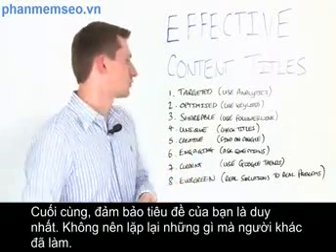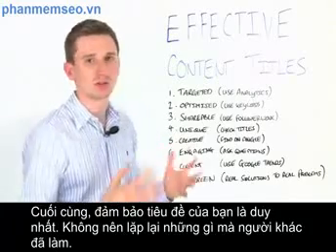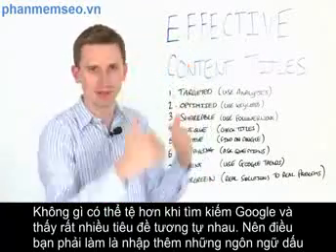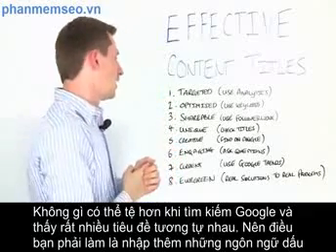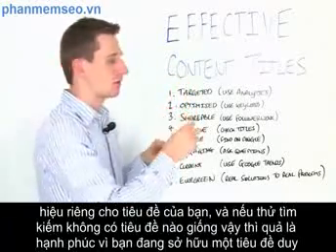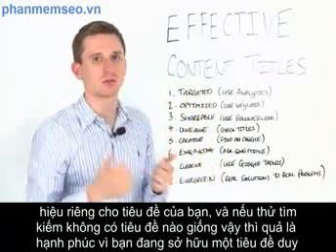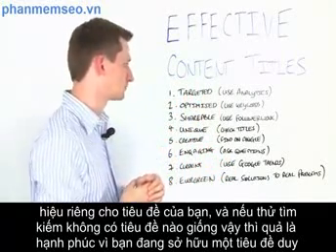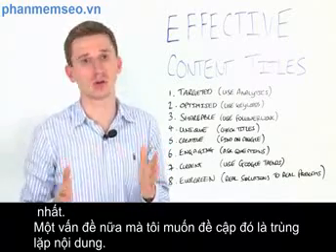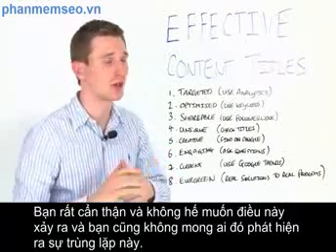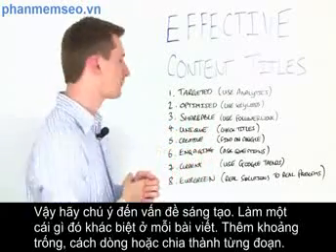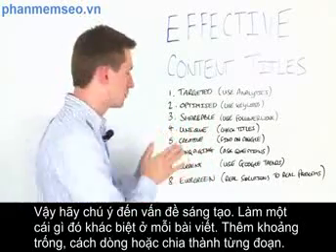Fourth point, you need to make sure your titles are unique. There's no point in doing something that everyone else has done. There's nothing worse than entering a search term into Google to see the exact same results. So what you want to be doing is getting your title, entering speech marks around it into Google, and if it returns no results, then happy days, you've got a unique title. The reason behind this is really down to things like duplicate content. You want to be very careful, you don't want to be doing that, and also it just doesn't look good if everyone else has covered it. There's no point either.